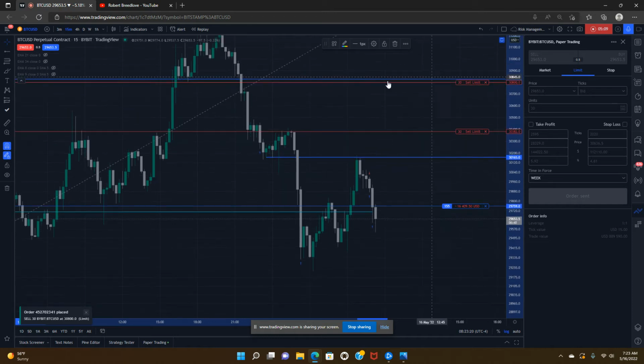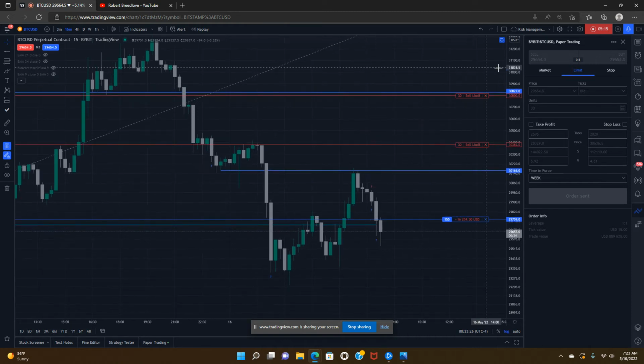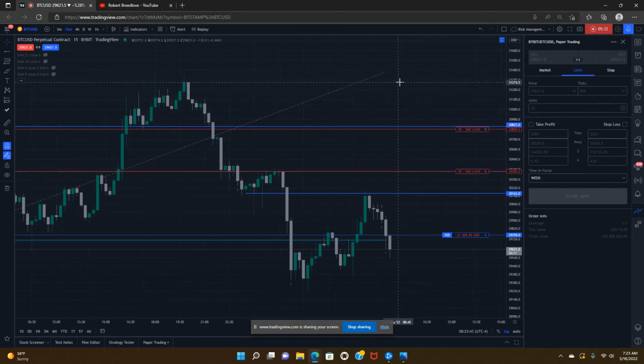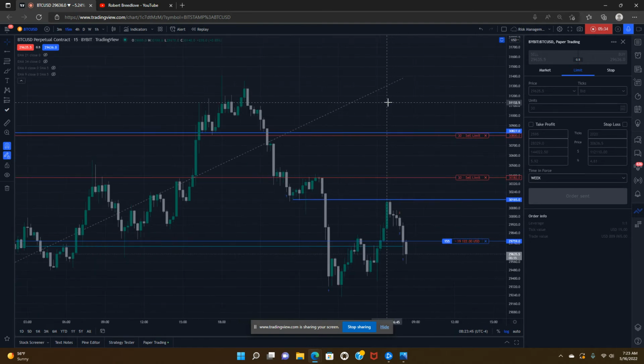And you notice I didn't put it exactly at the 30822 level. And that's because, with my take profits, I don't demand that it hits exactly the level. I want to be a little more liberal and forgiving in the order. So I'll round down. I'll round towards price, right? So I'm more likely to get filled. Whereas in my entries, I'll typically do the opposite. I'll typically round away from price in an effort to make sure that